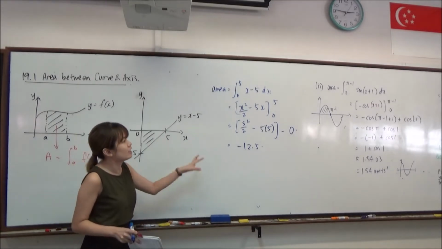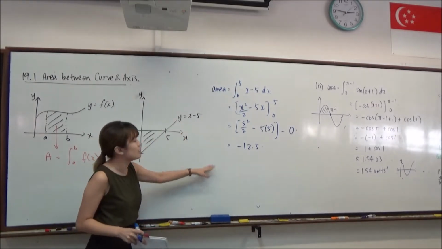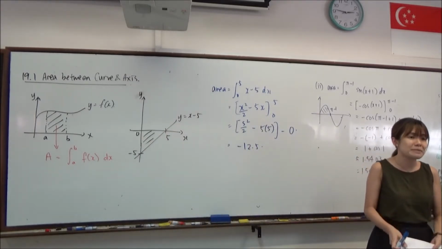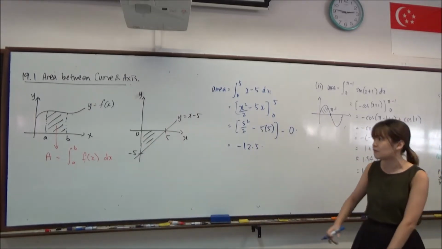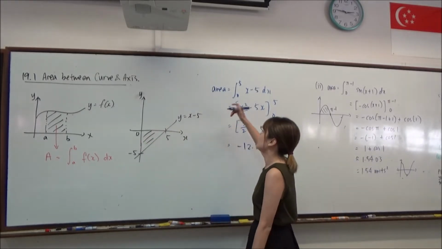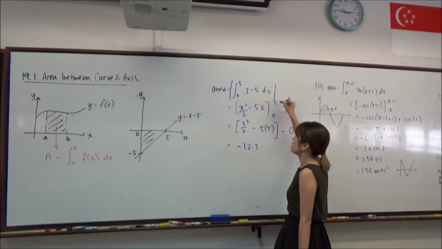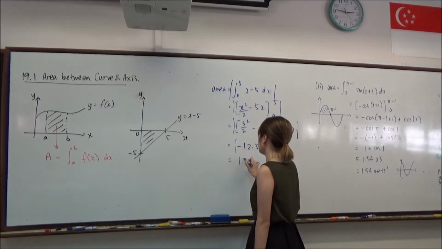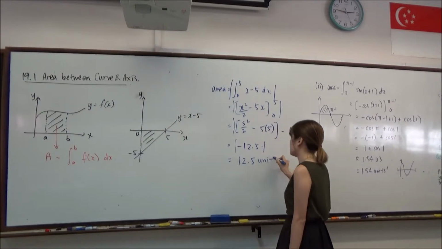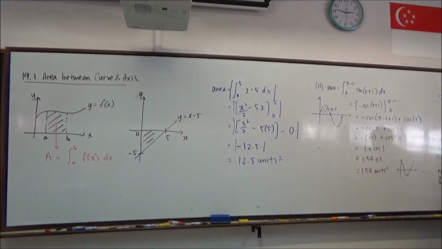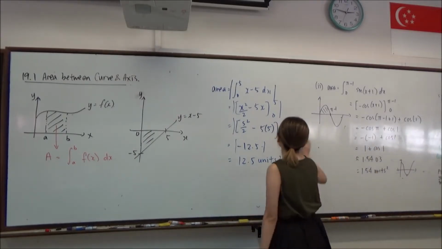But of course we cannot just do our working like that and tell me that the area in this context is negative 12.5. It is not meaningful for the idea of area itself. So for a curve that is below the x-axis, and we need to find the area, we need to take the modulus of it, so that your answer is accurate to the context. So in conclusion,